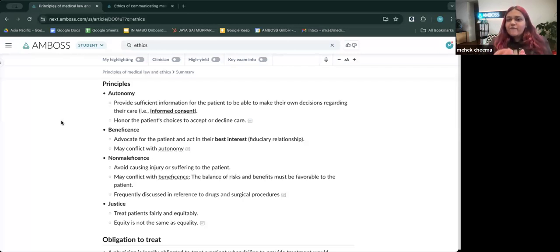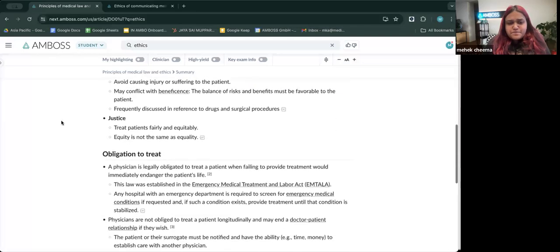Equity means that everyone should get what they have the right to. That is equity, which means that if I have the right to healthcare, I should get my right to healthcare. That is what equity means. My right to healthcare might be different from someone else's in the US, but what I deserve here is what I should get. That is equity. And that's why patients should have access to both equity and equality, of course, but we talk more about equity.